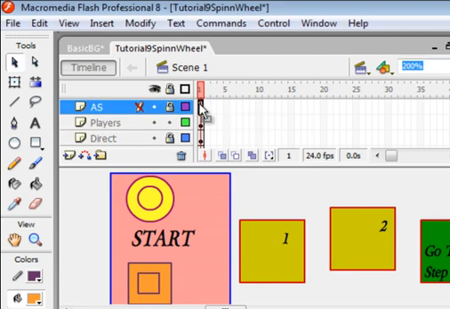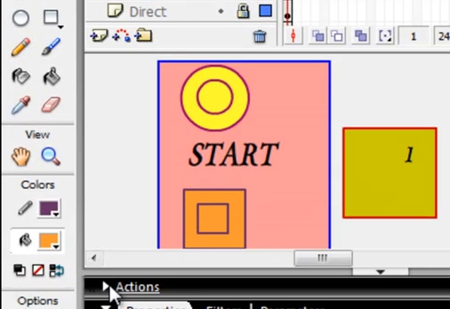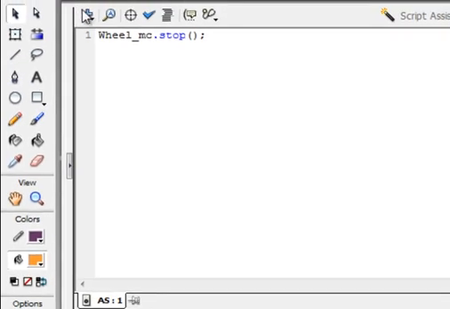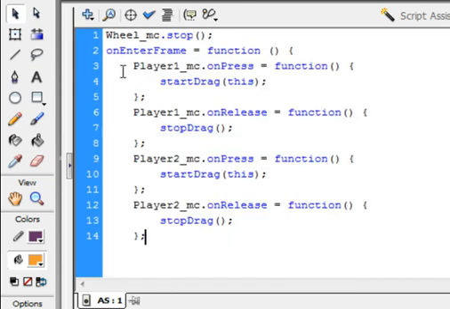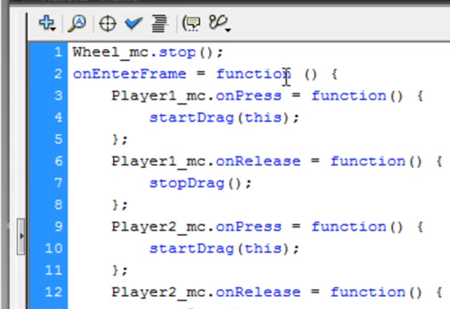We're going to open our Actions panel. Click on Frame 1, my Actions frame. This wheel stop was from the previous tutorial so that the spinning wheel wouldn't be turning when the game started. I'm going to start a second line and I'm going to type this. On enter frame, the O is small, the E for enter is big, the F for frame is big, equals function, followed by an open and closed bracket, then a curly bracket,